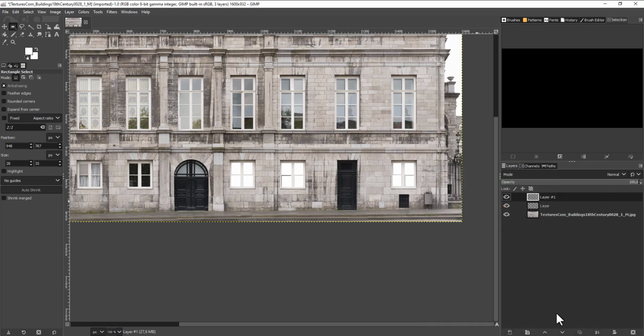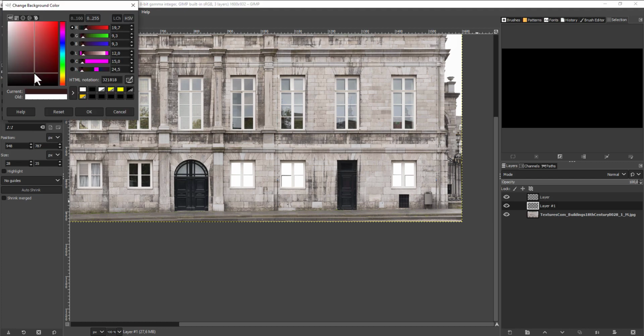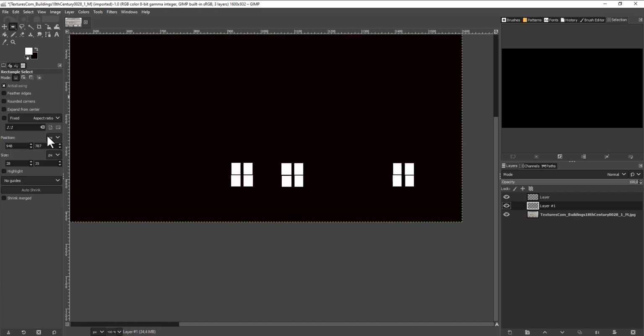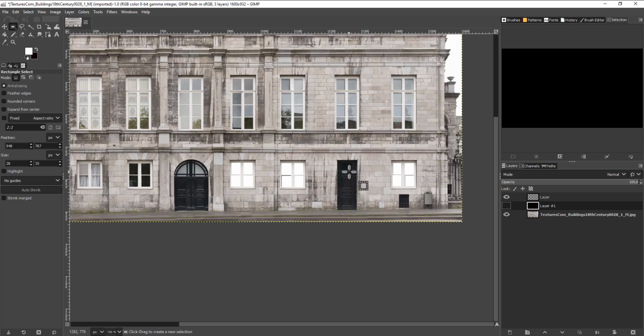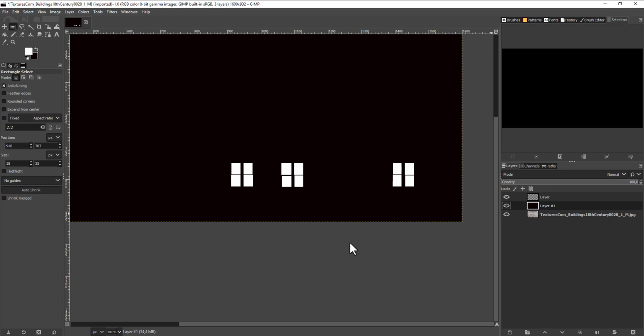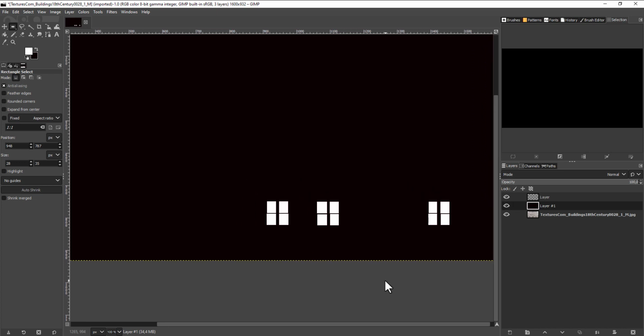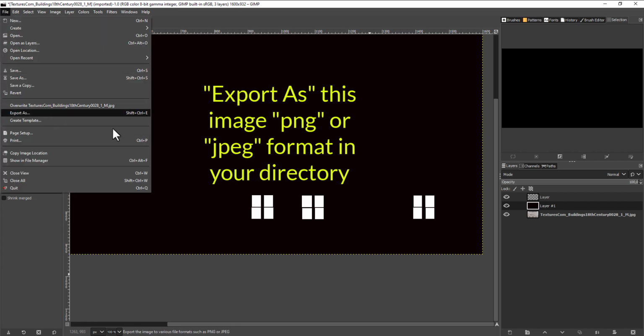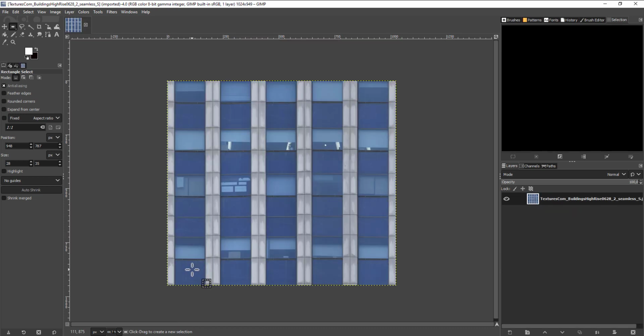Okay, yes, we can move this layer and okay, black, and edit. Yes, or new texture is here, and we can save this, export as, perfect,